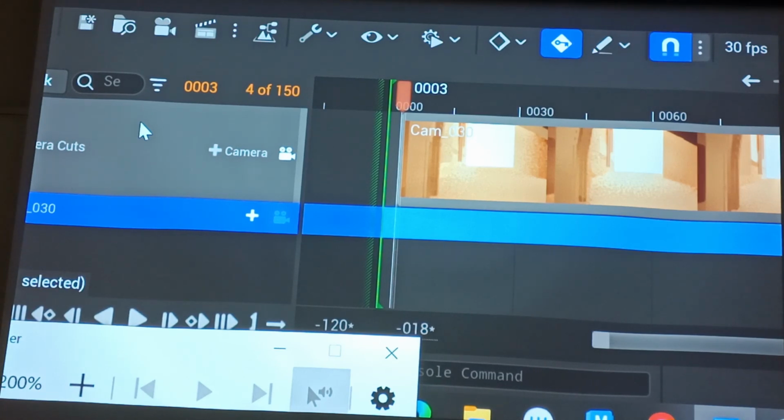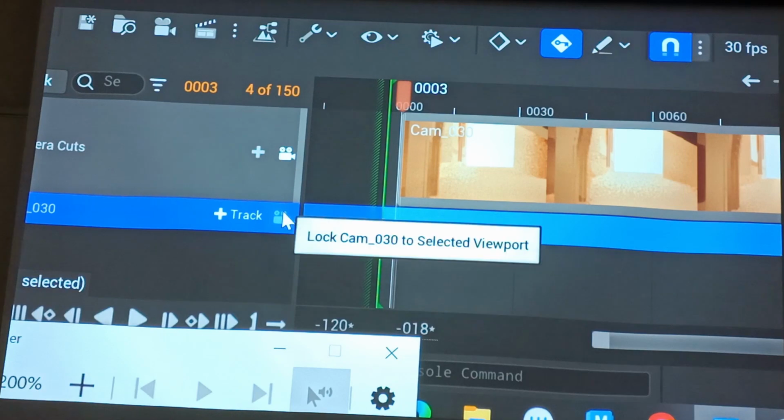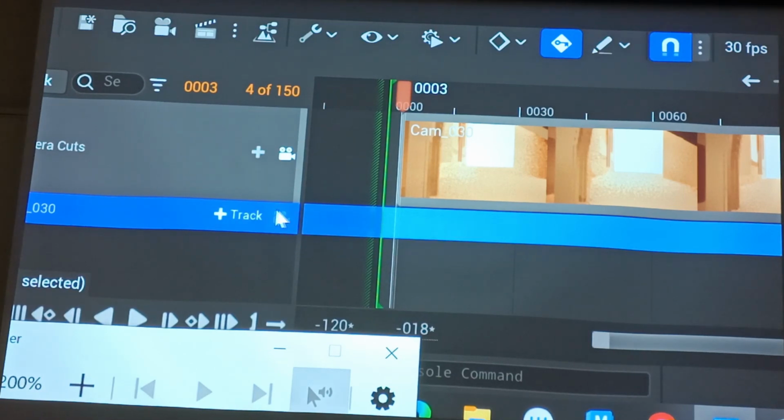So if we're previewing the camera cut, that's all we can do with it. We can't edit the orientation of the cameras. We can't fly around and set keyframes. So keep that in mind. If you just want to view your shot back without the threat of changing any of your camera keyframes, view the camera cut. If you do want to add additional keyframes and change the animation of your camera, lock your camera to the